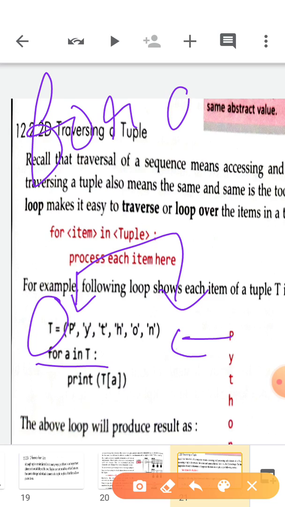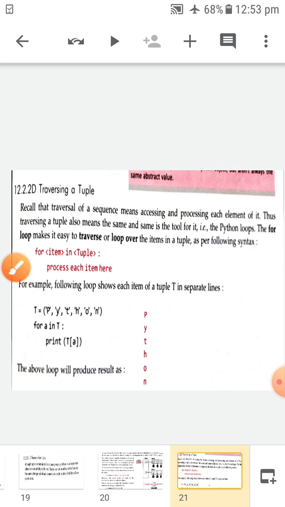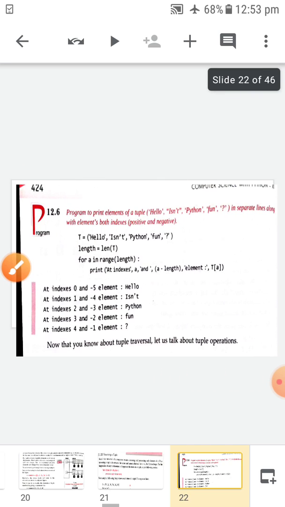The loop always starts from the 0th position and goes till the end position. At the 0th position it is going to print P. Again it jumps here, now it is at 1, at position one you are having y. So in this way the whole Python is going to be printed. So this is called traversing a tuple.